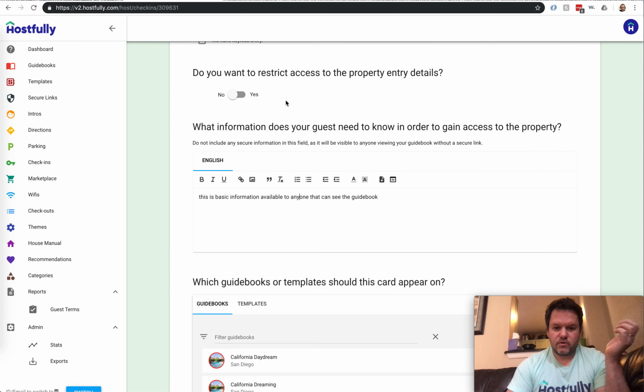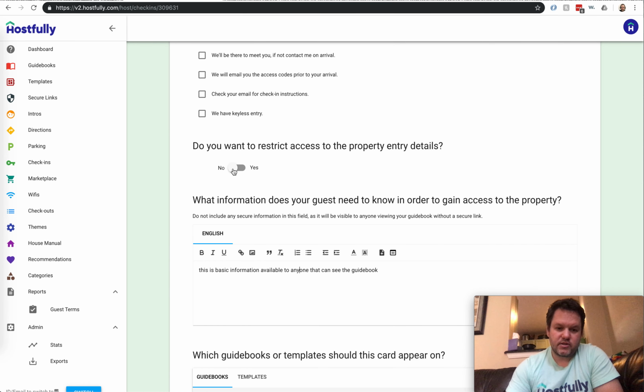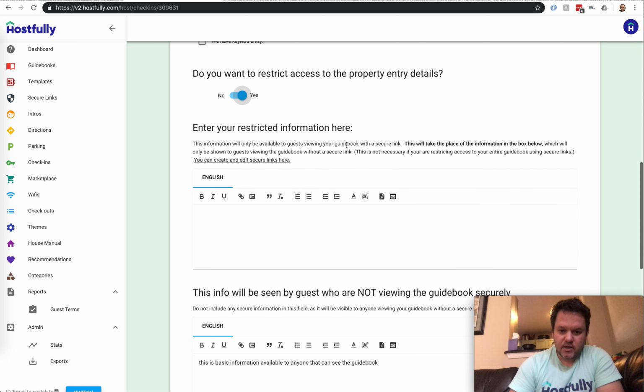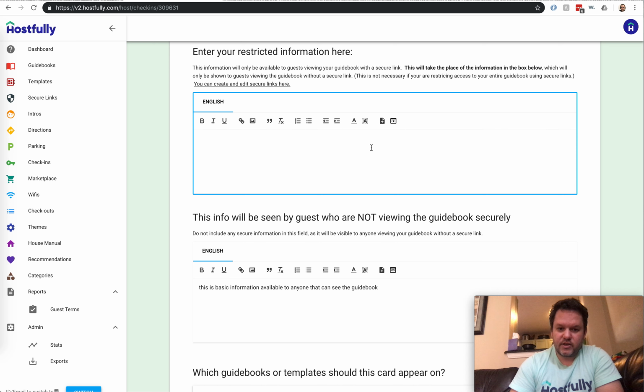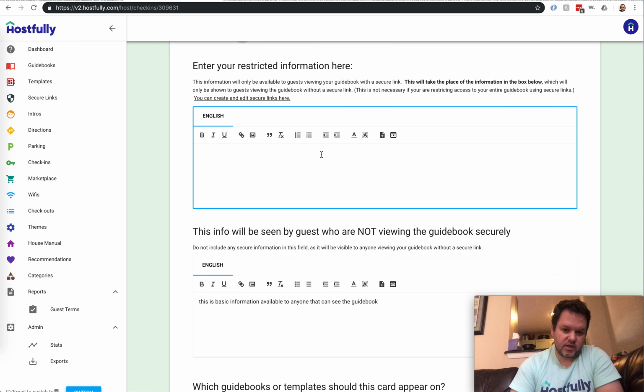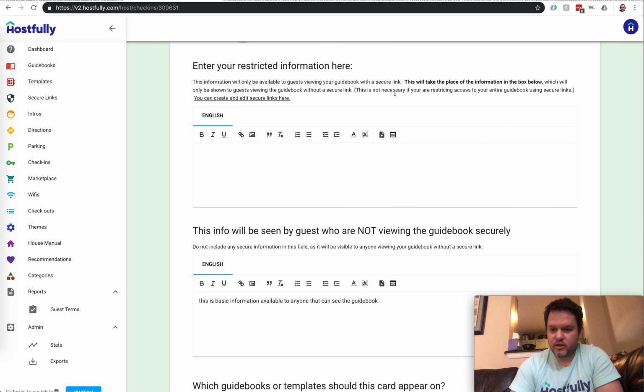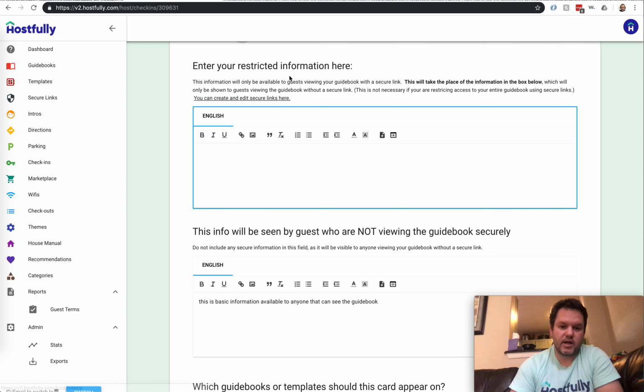So there's also this toggle now that says, do you want to restrict access to the property entry details? Funny, this section used to be called access information, and the sentence, do you want to restrict access to the access information, was too confusing, so we changed it. Anyway, we toggle this to yes, and then you get a whole new box, and this is where your restricted information can go. There's a little blurb explaining all of this. There's links to how to do it, how to create the links,